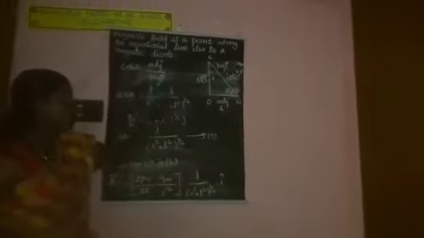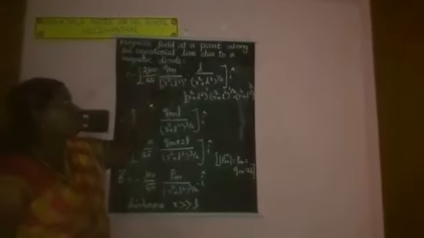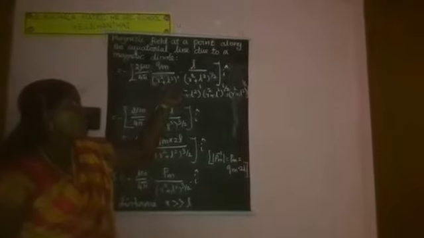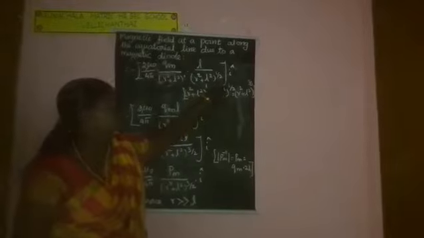Substituting equation number 7 in 6, we got the cos theta value. This value you have to substitute in equation number 6. So B vector equals minus 2 mu naught divided by 4 pi into Qm by R1 square into cos theta I. You have to substitute the value of cos theta here: L divided by R square plus L square the whole power 1 by 2 into I cap. Next, minus 2 mu naught by 4 pi into Qm, R square plus L square the whole power 1 into L by R square plus L square the whole power 1 by 2 into I cap.